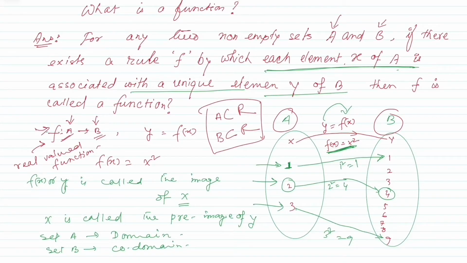That's why this function f is called a real valued function, because this is a function from set A to B, where sets A and B both are subsets of real numbers. Hope you understood. So function is nothing but a relation,